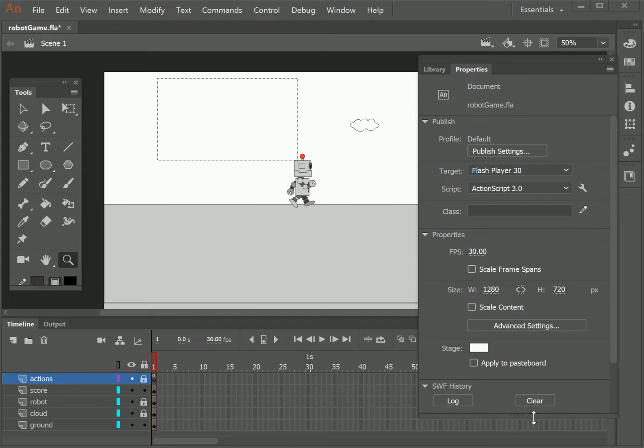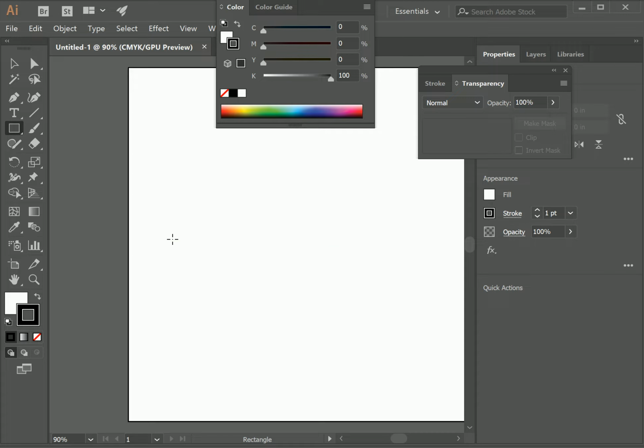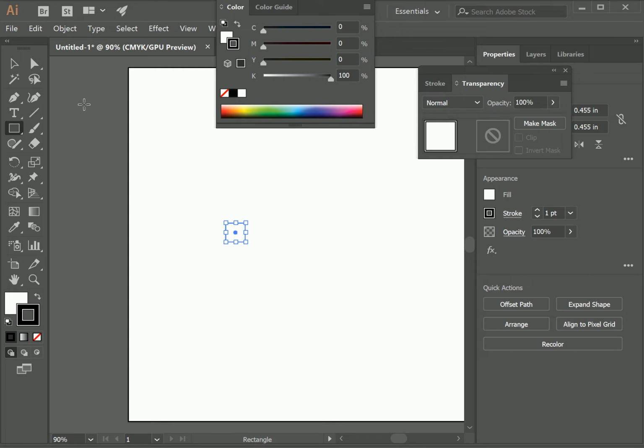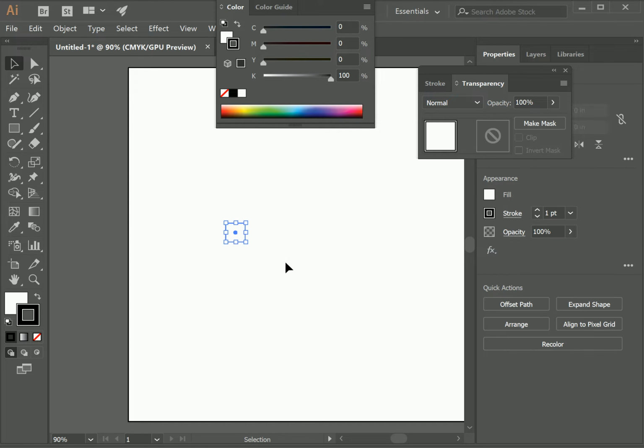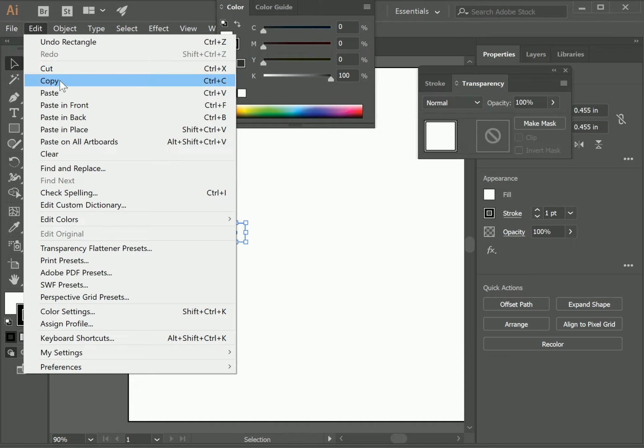Okay, in this tutorial, we are going to create the object that the robot has to dodge. So here we go. I'm going to draw something in Illustrator, and you use your talents and draw something far better than I'm going to. I am just simply making a square. Okay, you go ahead and create whatever you want, and I'm going to copy this and go